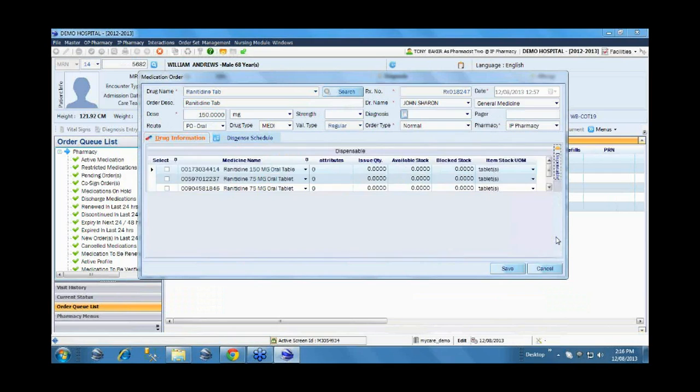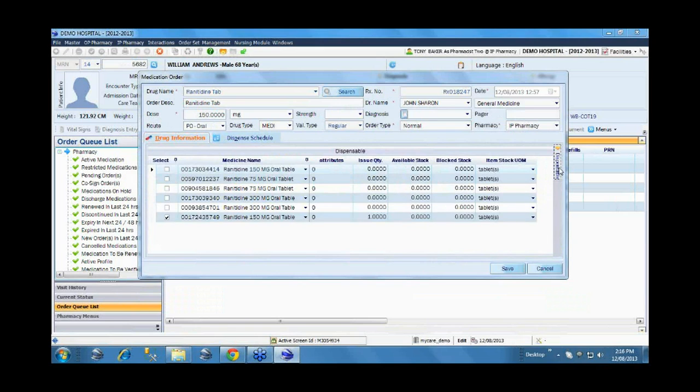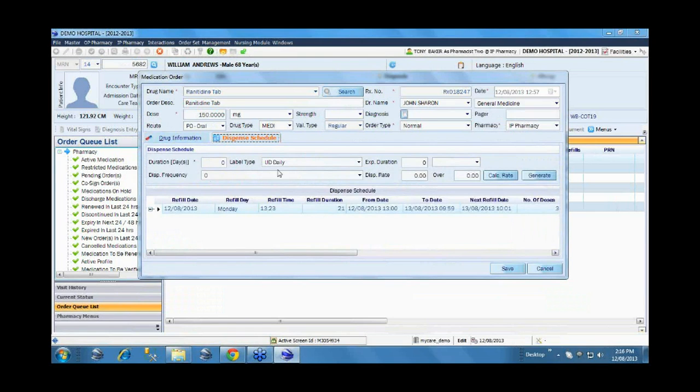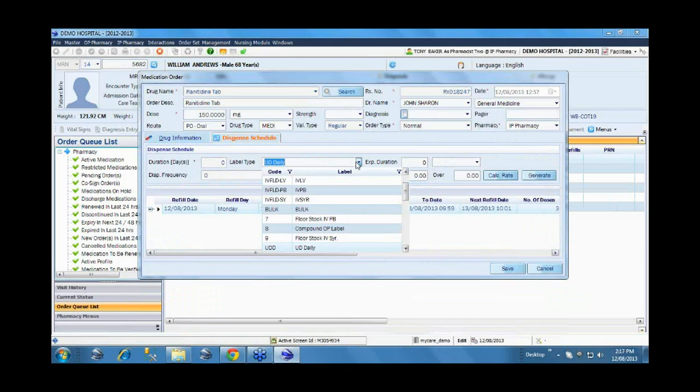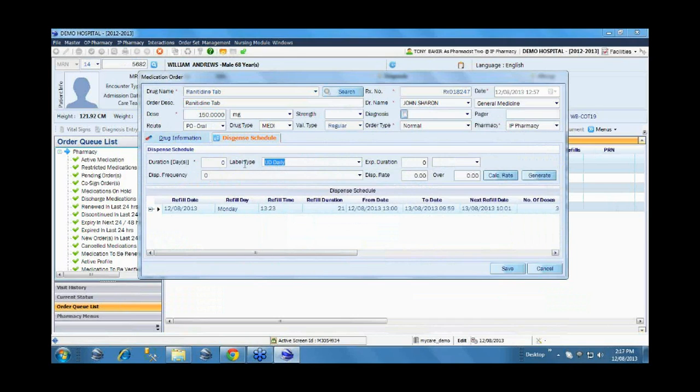So that's why you are seeing here the label type as unit dose daily, meaning the label will be generated by the system with the administration timing specific for each day. So for every day a new label will be generated by the system with the administration timing for that particular